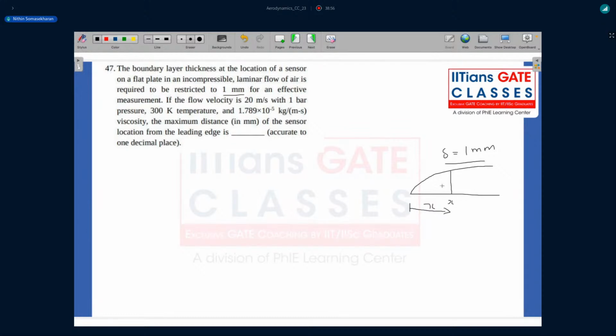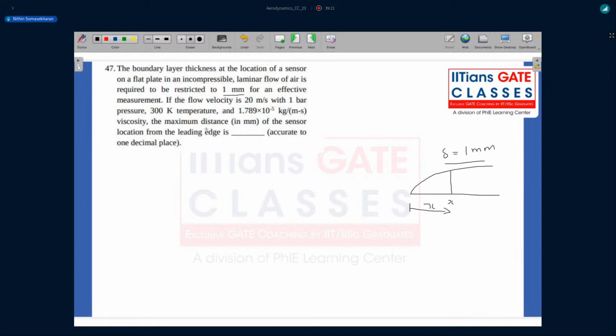All right. Or in other words, they're basically asking you what is the distance from the leading edge to the location where your boundary layer thickness becomes 1 mm. Because if I go beyond that thickness, they're asking me the maximum distance. So that's basically the maximum distance, right? You can't go beyond this value of distance. If you go beyond the value, your boundary layer thickness will go beyond 1 mm, and then your sensor won't